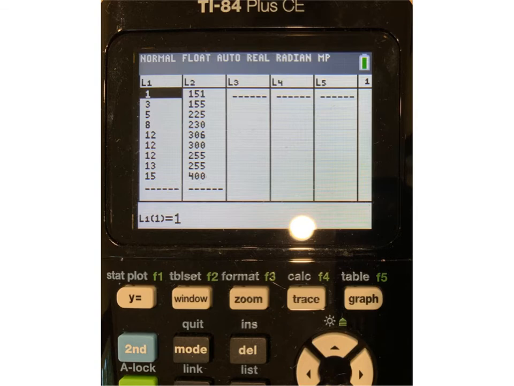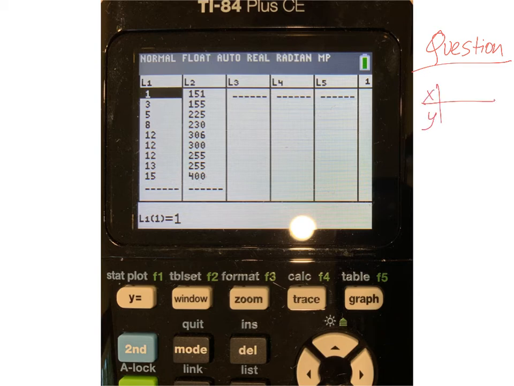So I took just a sample question and I used a data set. So let's say this is what my data set looks like. So I plugged in all the values. This will be given to you in the question itself. So all this information is on your question paper. So it will be given as X and Y, and you've got 1, 3, 5, 8, and so on, and 151 and 155 and 225 and 230. So it's just procedural. All the work that we are doing is just steps on the usage of a calculator. Okay? So after inserting everything,